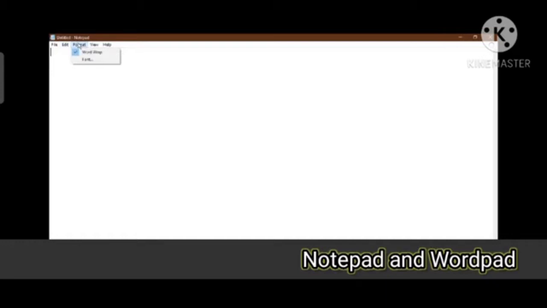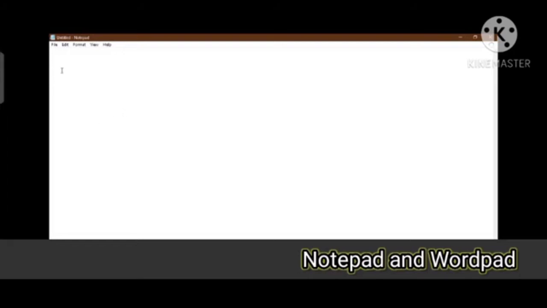In the format menu, word wrap option and font option is there. Then in the view menu, zoom, and you can zoom in or zoom out, or you can restore to the default zoom. Then the other one is status bar option in the view menu, and that is help. If you want help from the Notepad, then you can click on that.